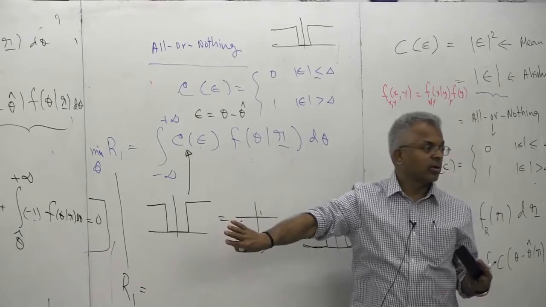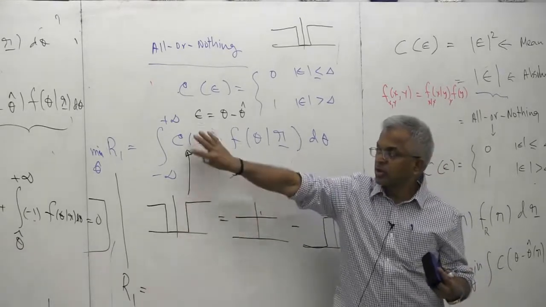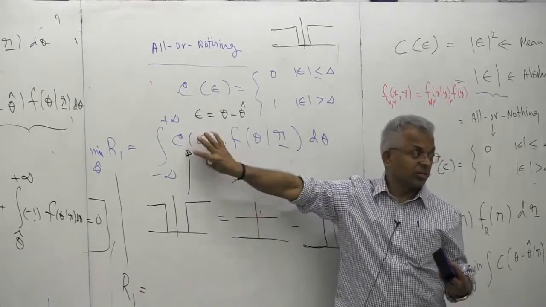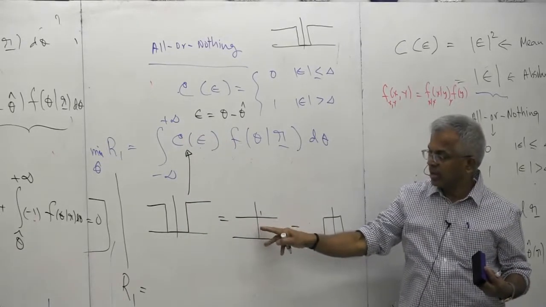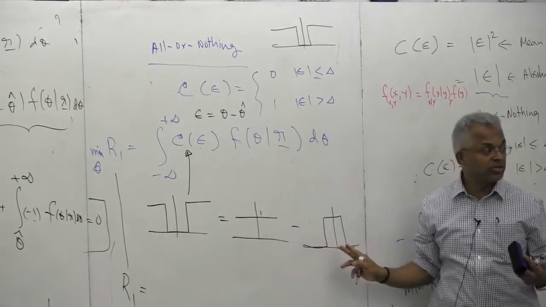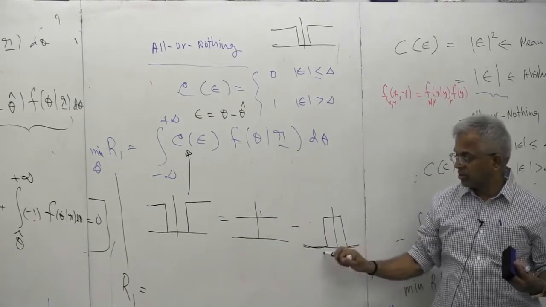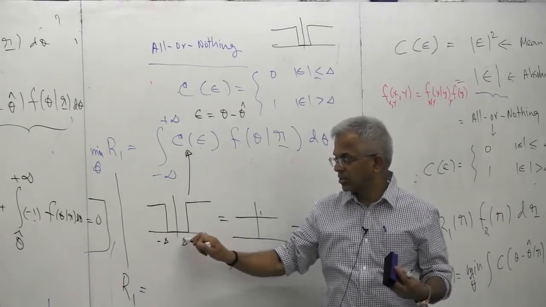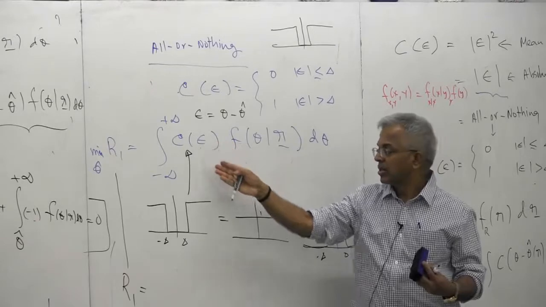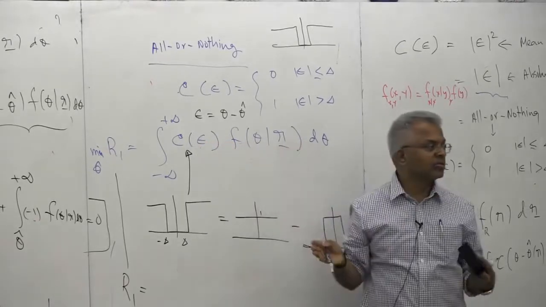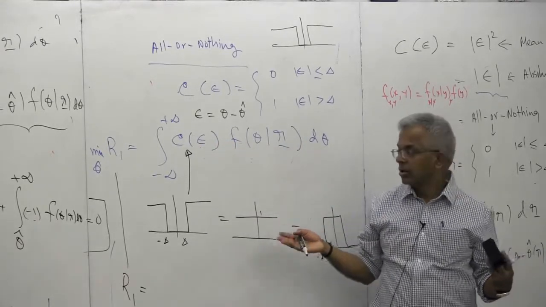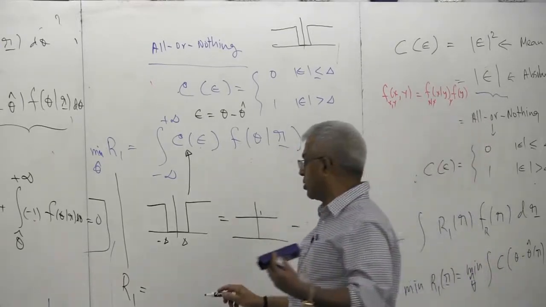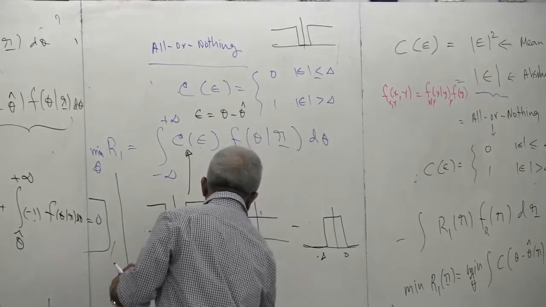so look here for a second. This function is what this C represents. So instead of that, I'm going to write that function as this function minus this function. So remember, this is minus delta, this is delta, this is minus delta, this is delta. If I put this function, that's like 1 multiplied by the whole density function. What do you get? 1. Minus this function multiplied by this. So that's easy. So I can write this as 1 minus,